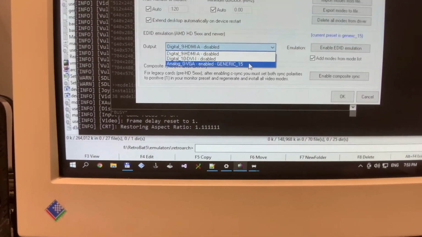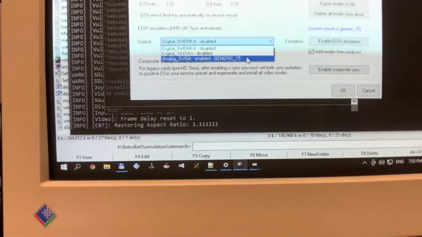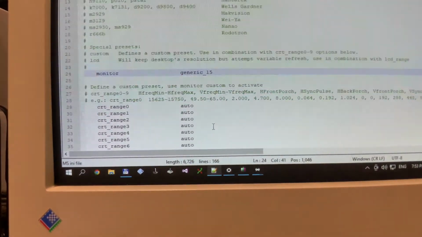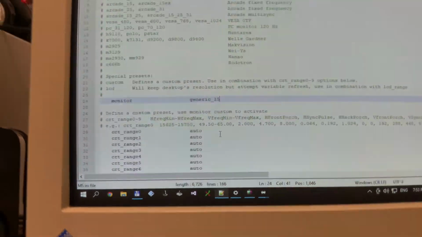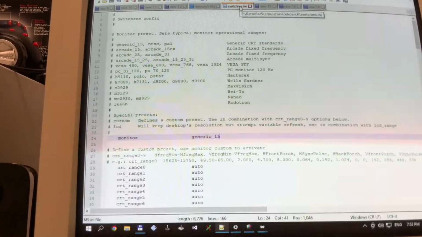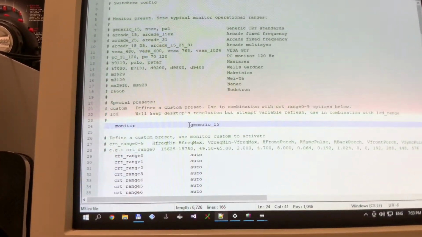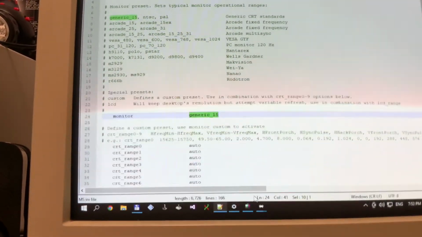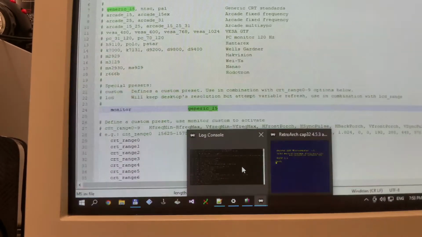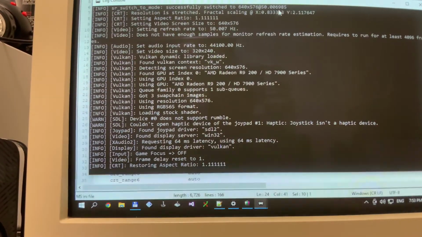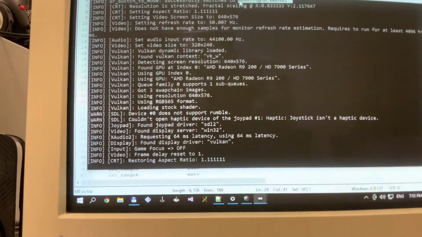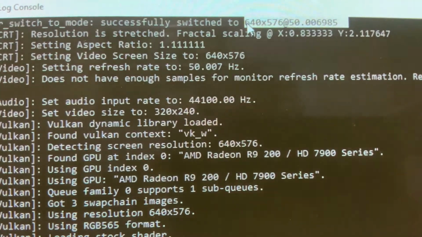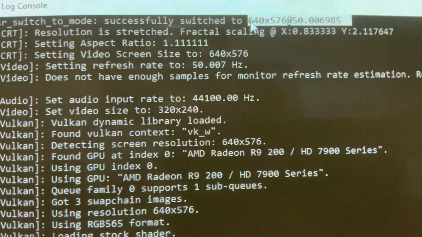Hello, so I will show you this bug. We use CRT EmuDriver and SwitchRes ini file together with RetroArch. We have generic 15 monitor preset in both. And now we try to run RetroArch and we see the frequency is not exactly 50, which it should be